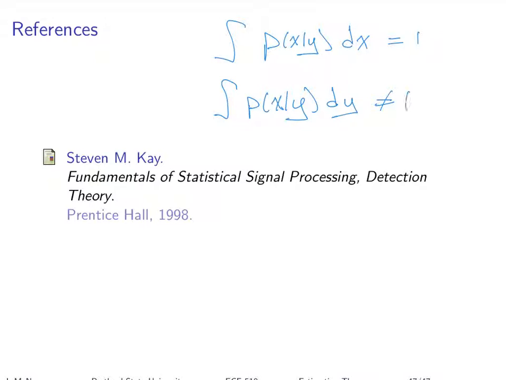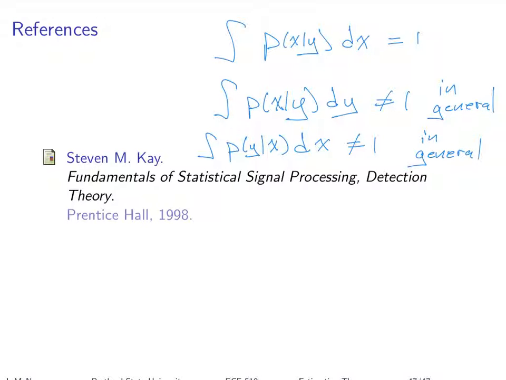That's not equal to 1. But this actually isn't, this is still the posterior. Where that came up was when we were talking about the likelihood function, the probability of y given x. Because usually we're evaluating things as a function of x. And if you integrate this as a function of x, then it's the same thing. In general, this is not equal to 1. It happened to be in the one example we worked through, but in general it won't be.